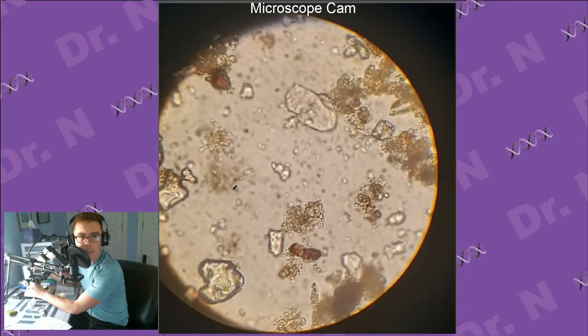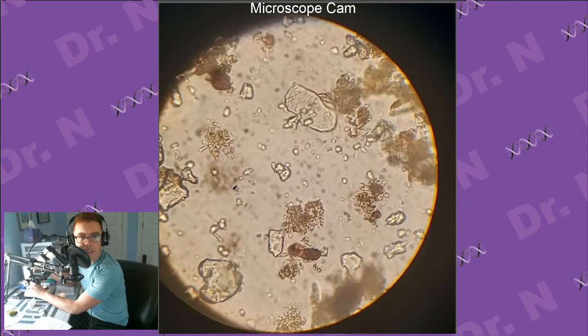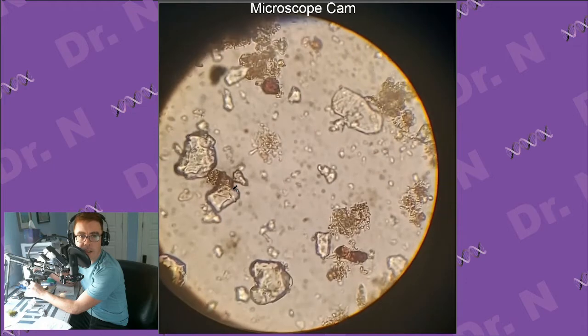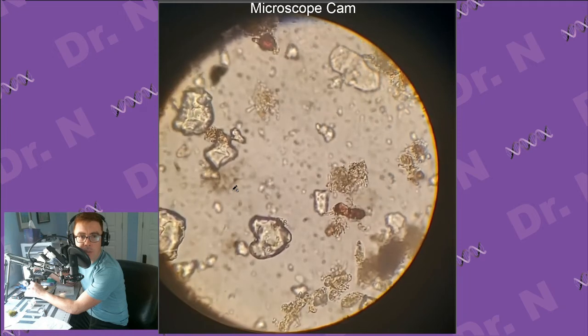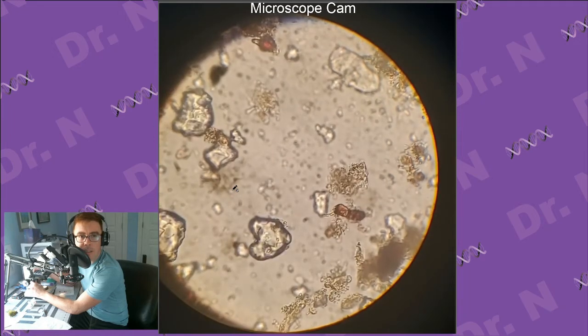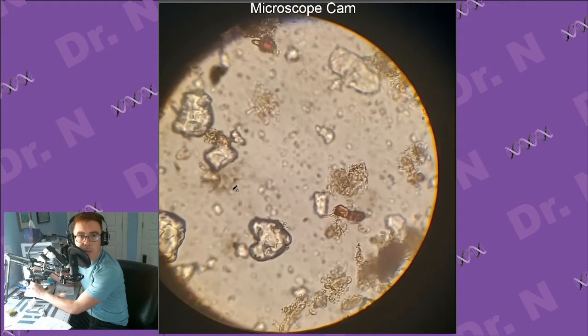As he comes in and out of plane, you can kind of tell that there's like little dots inside of him. Actually, I guess I can't make that guess. That's something. So I'm not sure what that is, but it's pretty big for a bacteria. But then again, I'm not a microbiologist, so...